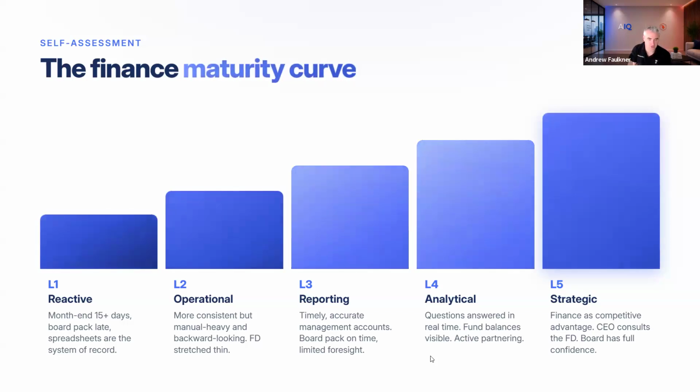You've had some career progression through various roles over the years, but the real value is in the last two stages of this, where you get into the analytical and the strategic piece. So the analytical is answering those questions in real time. It's getting into active partnering across the organization, where the strategic piece is taking everything that happens in those other stages and starting to look over the next horizon for your charity. Where are we going next based on the data that we can trust